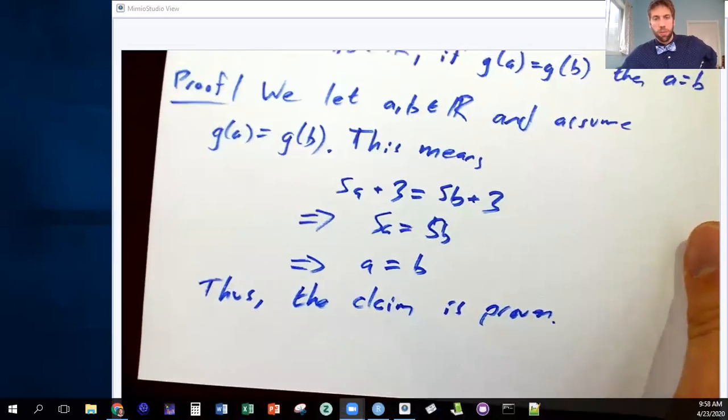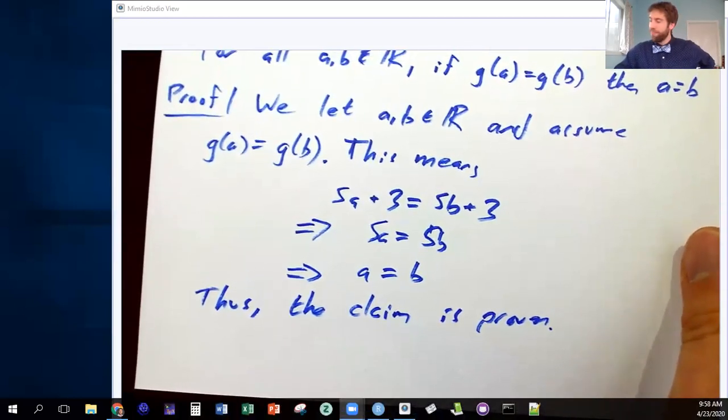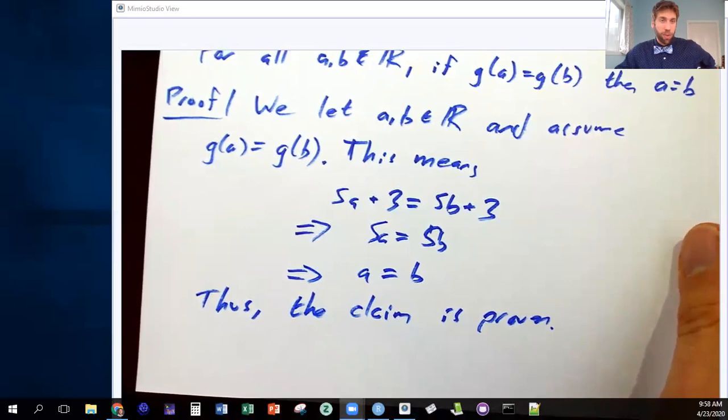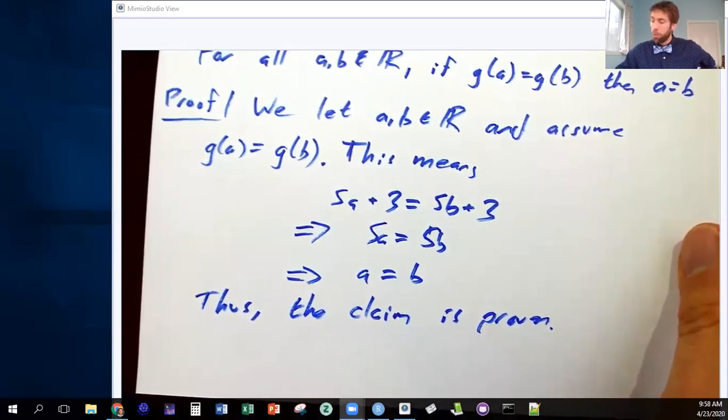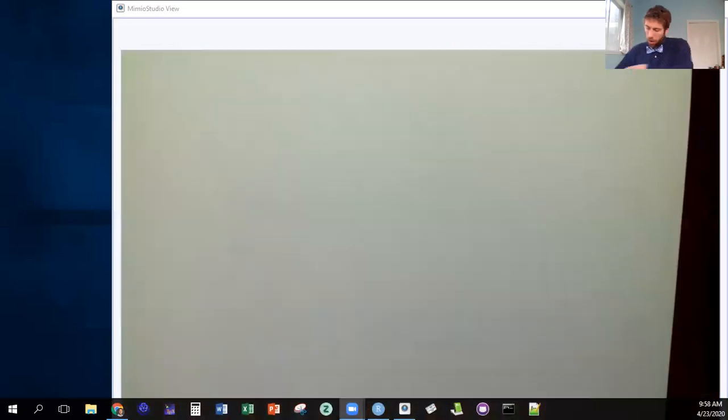So, thus the claim is proven, and then we're done. Pretty easy. That's the proof of an injective function, or a one-to-one function. And then the last part was: for all b,